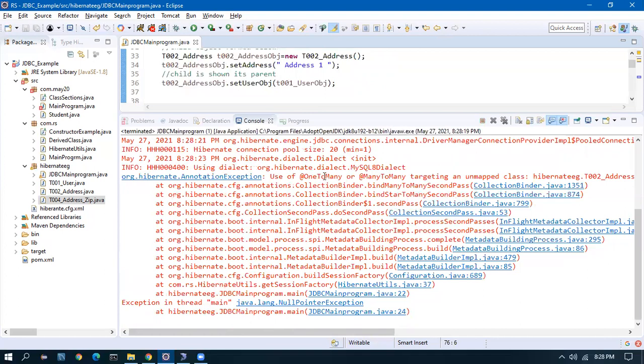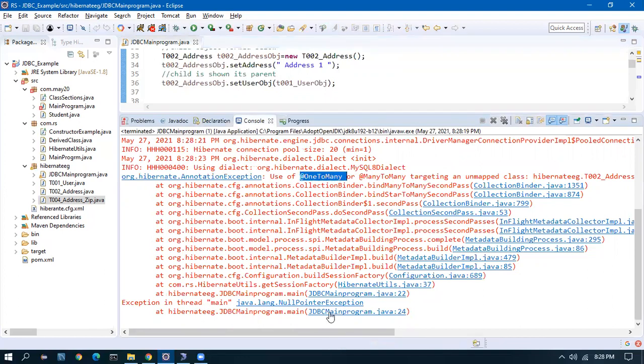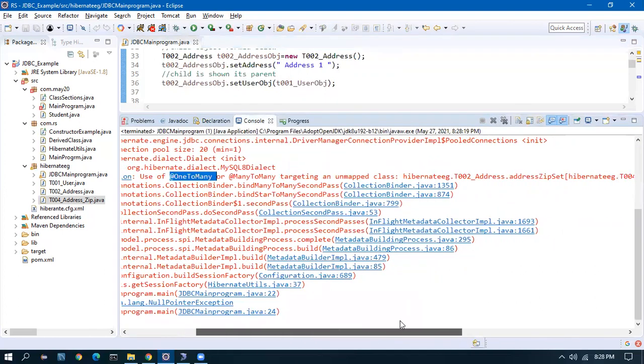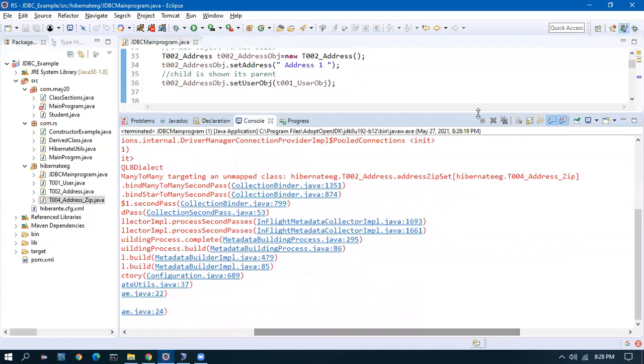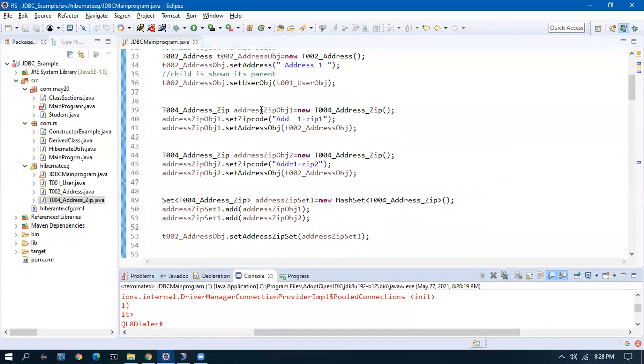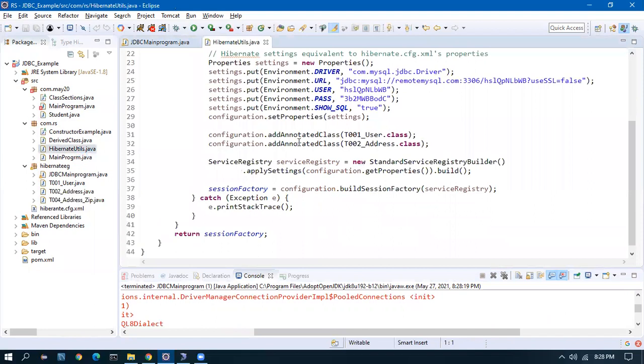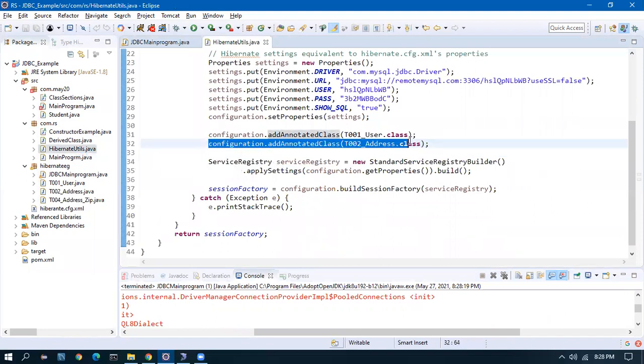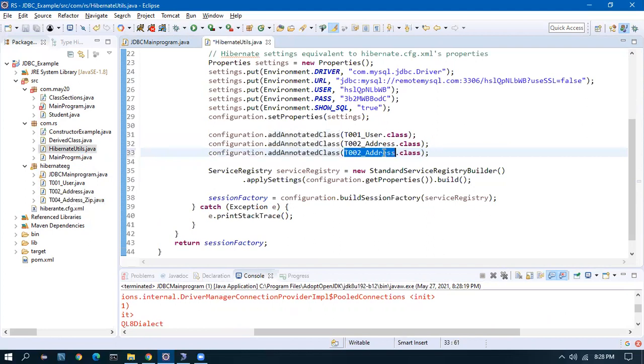Okay, using one to many or many to one, targeting an unmapped class, Hibernate zip. Yes, because we added everything in the Hibernate initialization, we didn't give this class. It is not mapped. The third class should be mapped here. That's all.